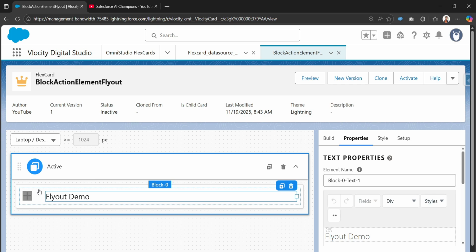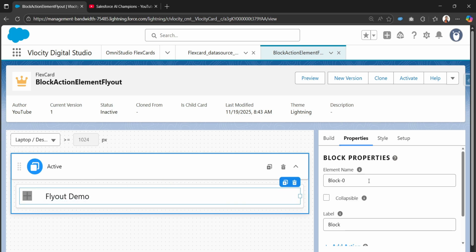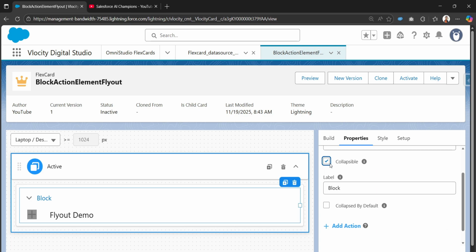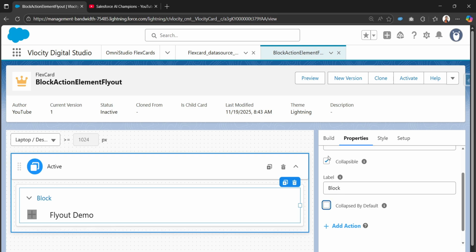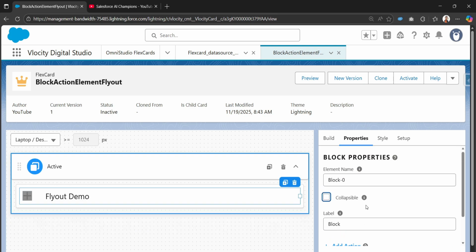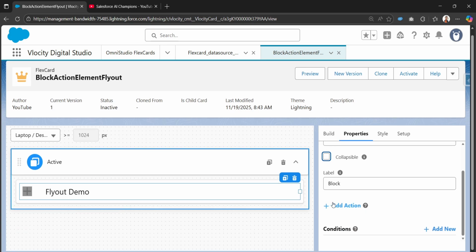And if I just click on this outer block, in the block properties we can make it collapsible, or choose the collapsible by default option as well. Those kinds of configurations we can do. And in the action, today's demo is regarding how we can add an action to this